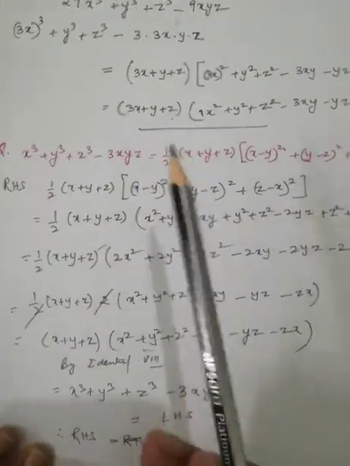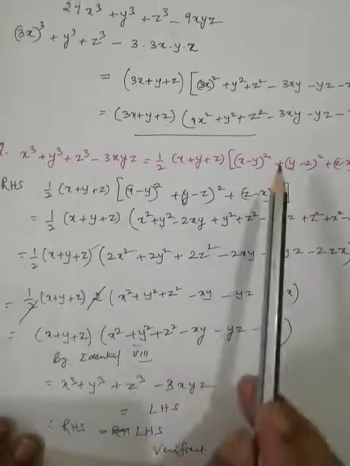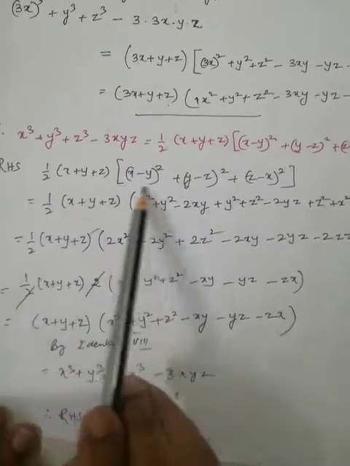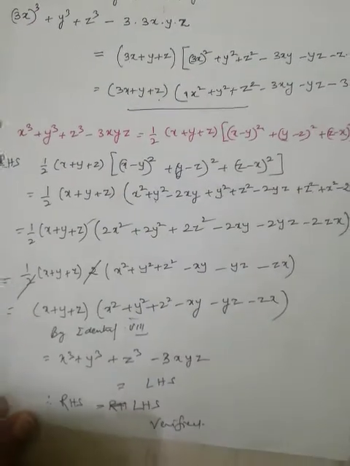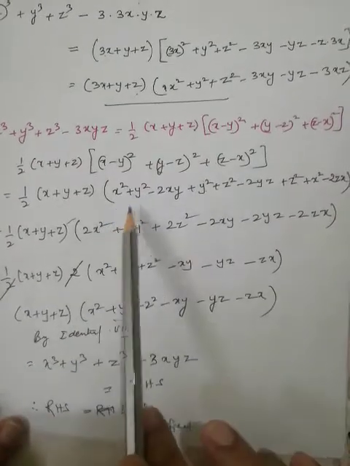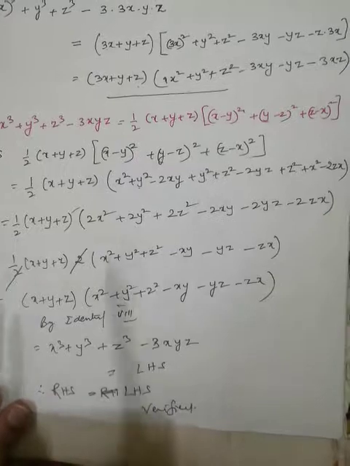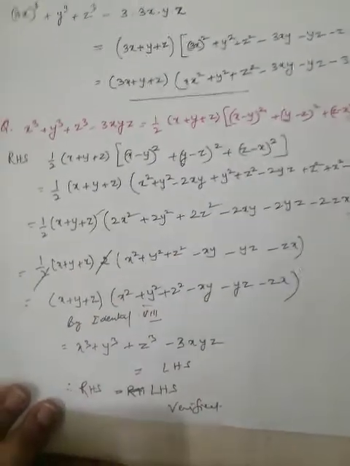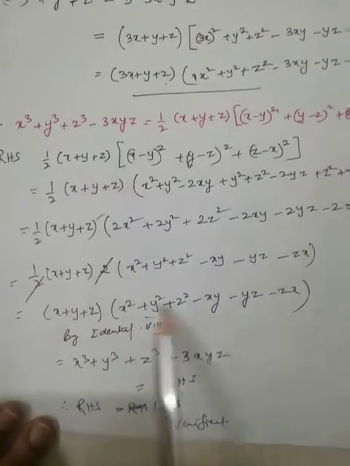I have taken the right hand side. Okay, and what I get, this is the right hand side. I will open the bracket (x minus y) the whole square. I will use the identity and expand it. And after expanding, what I see, I get this 2 in each term. So I take 2 common. When I take common, this half is there, it cancels, and I get this.